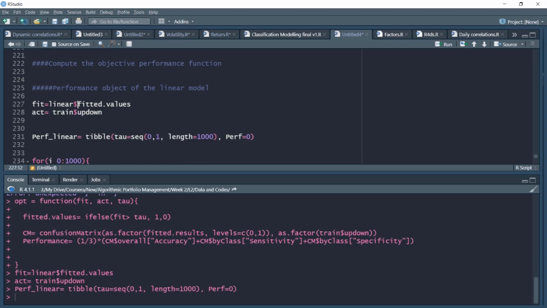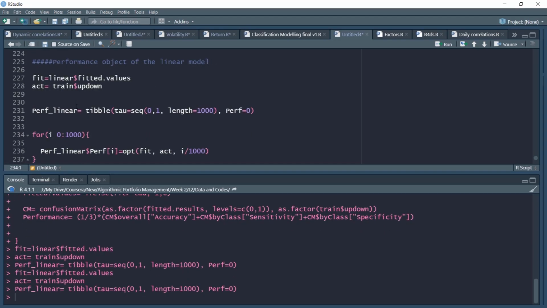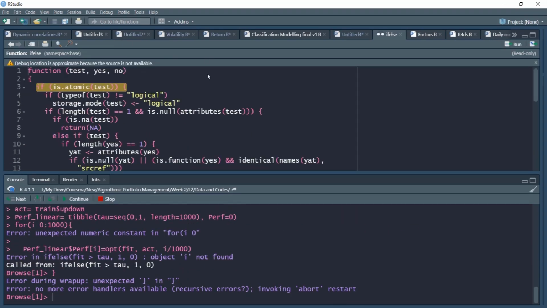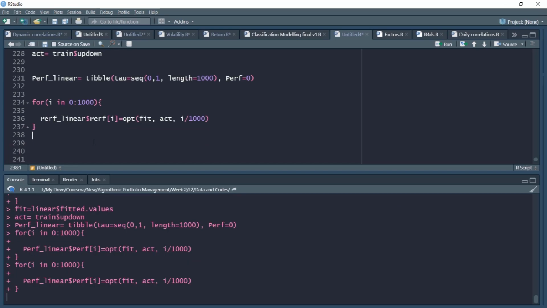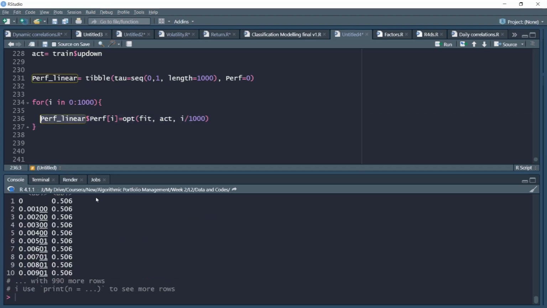Now I run these values. So we'll run our for loop here, and notice now that the loop has run, it will simulate a set of values. You can print these simulated values in the performance linear object.